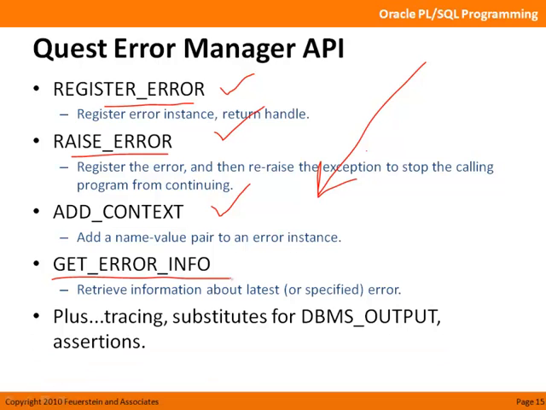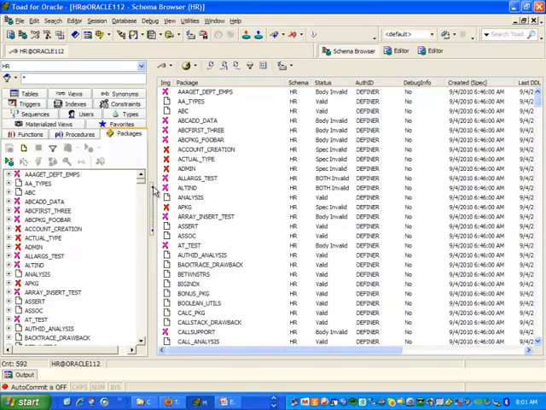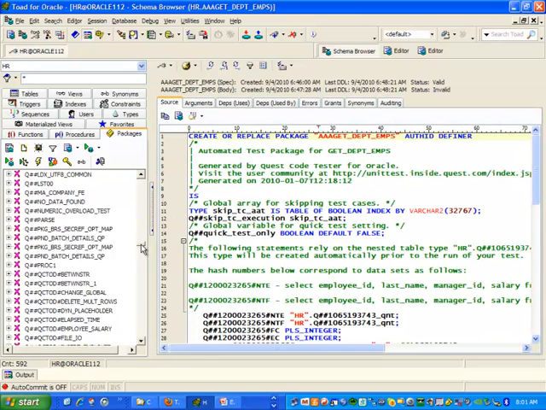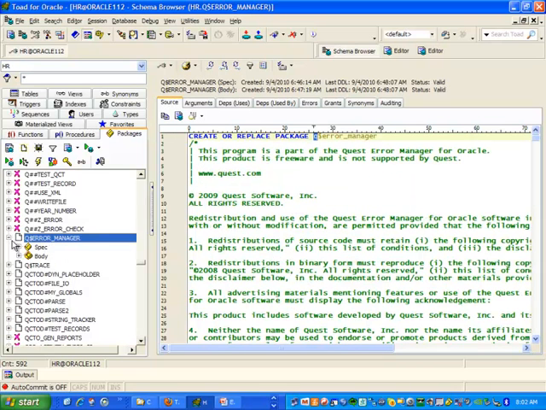Now, in addition to that, the Quest Error Manager package offers tracing capabilities, substitutions for DBMS_OUTPUT.PUT_LINE, and an assertion interface. There's a lot of stuff in there, and we're not going to go over all of it here. It's not appropriate, but you might want to check it out when you have some time. It's called Error Manager. Let's see if I can find it here. Here we go. The Error Manager package